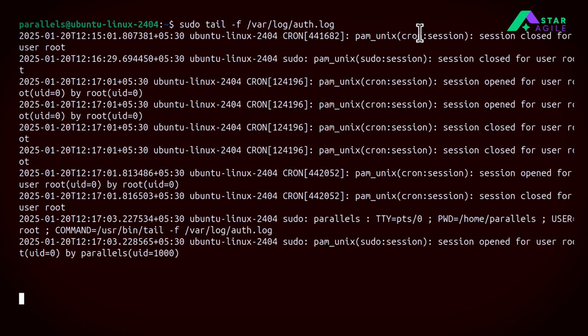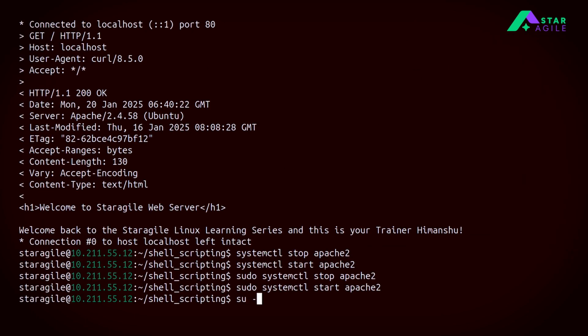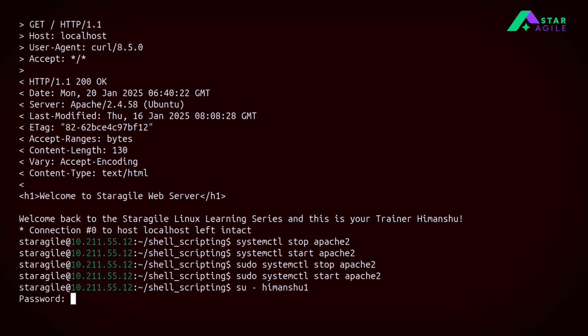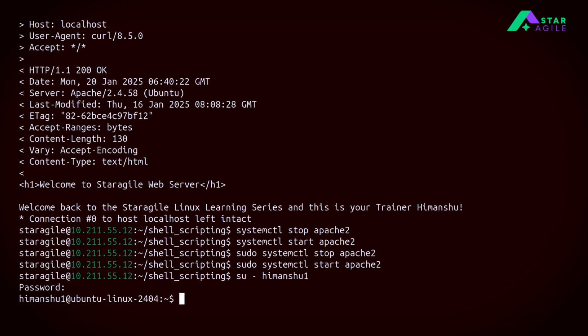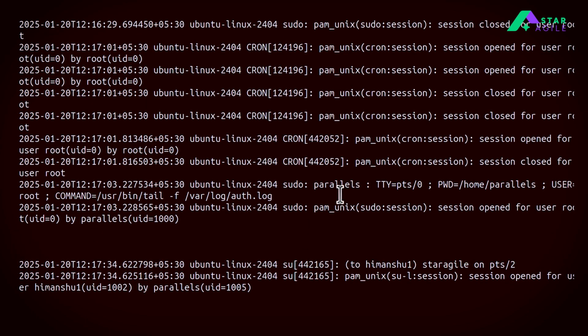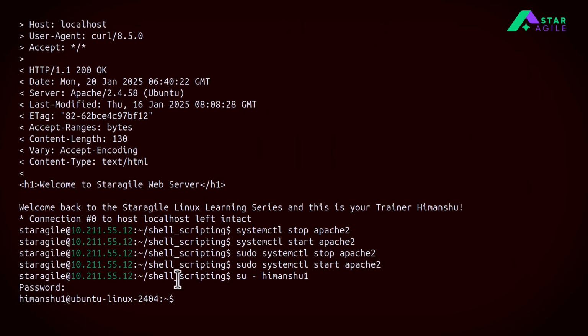So these are the authentication logs, if anything happened to the user or some session is opened. So let's say, let me try to authenticate some other user. Just trying to see. Yeah. So when I opened a session from here, I have